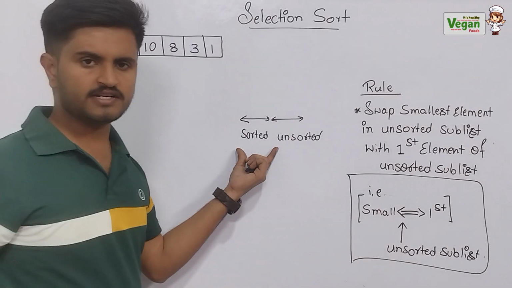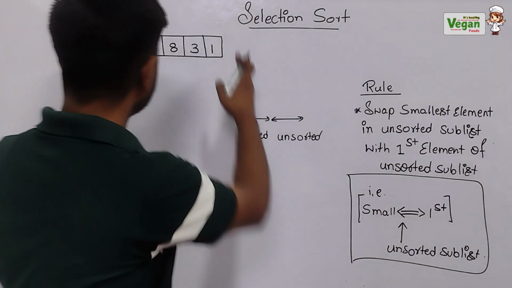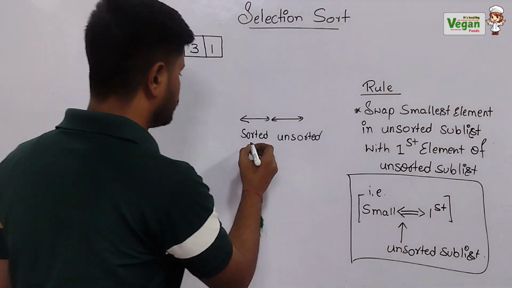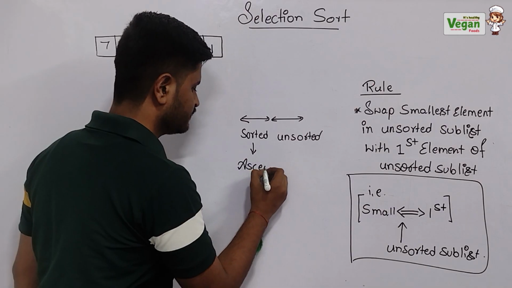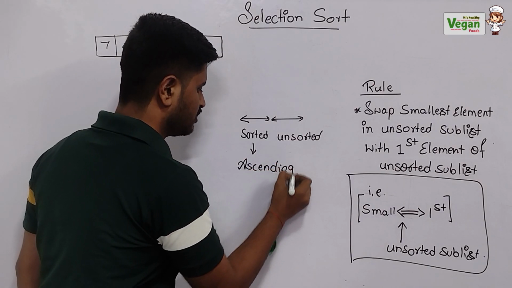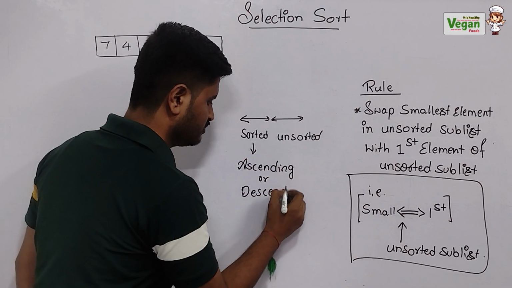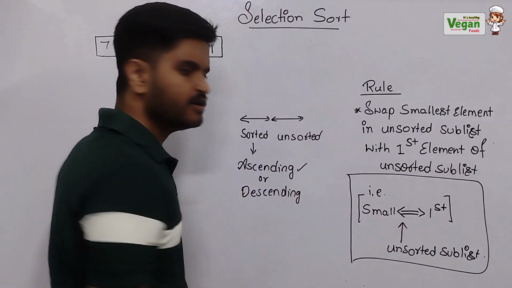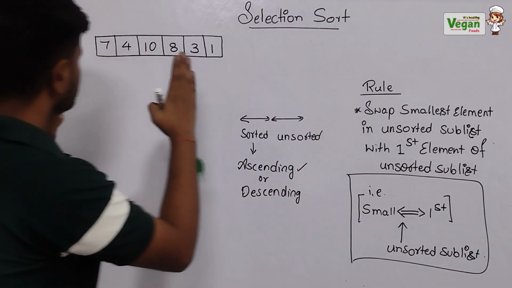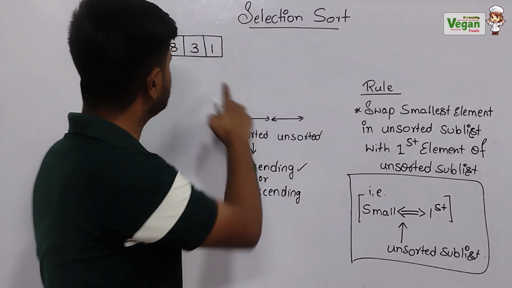In the sorted sublist we can arrange or sort the given elements in increasing order or decreasing order, that is, in ascending or descending. But in most exams they will ask for the ascending order. So in this video let's discuss how to solve the ascending as well as the descending order of the given